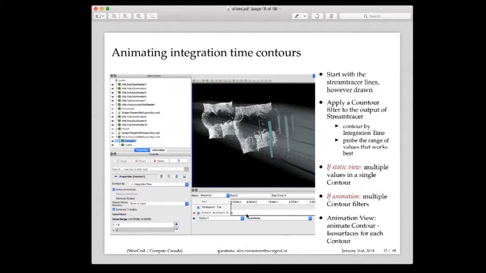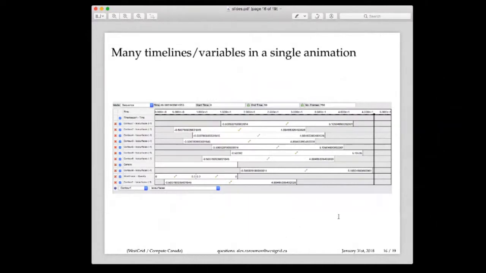So you click on the plus button here to create a timeline, and then you double click on the timeline to edit its properties, like the time from and to, and the values of the time that you're integrating from and to. And you do that for each contour that you create, and that produces a very nice animation. So in the final animation, this is what the animation view looks like